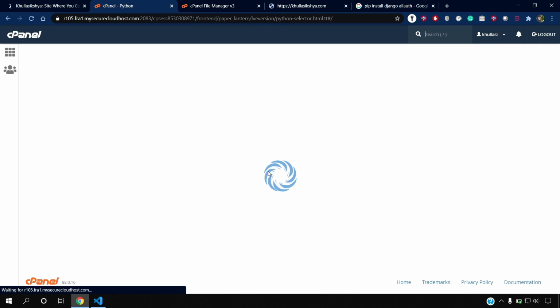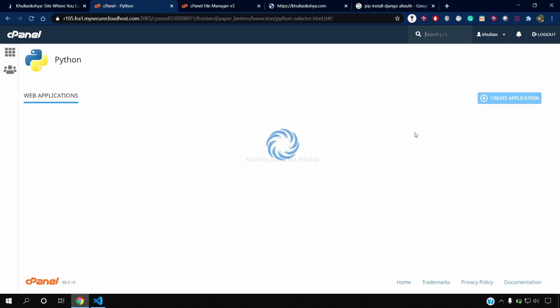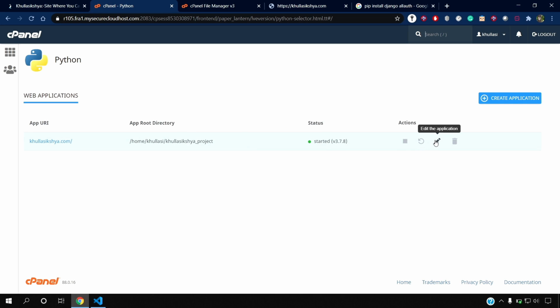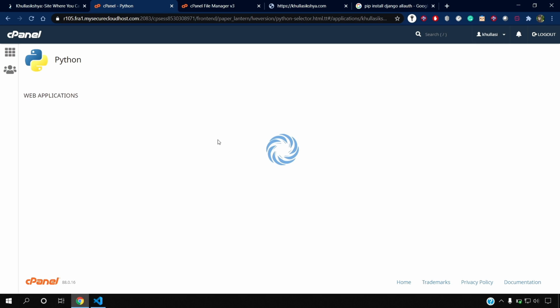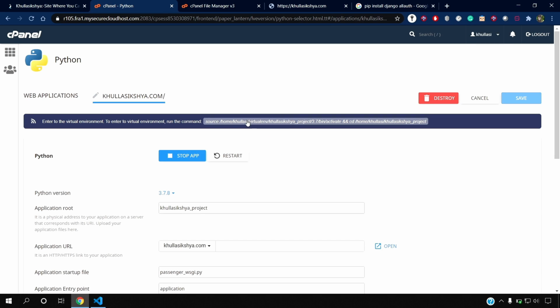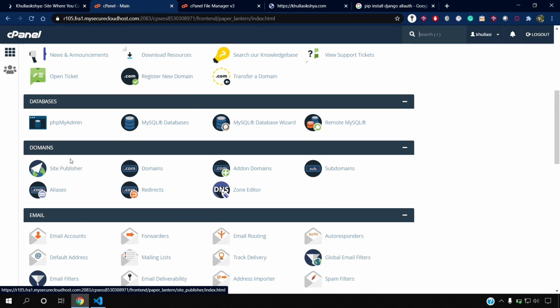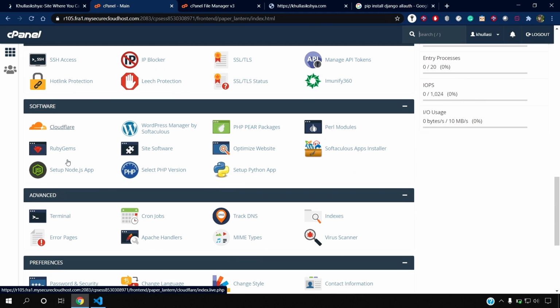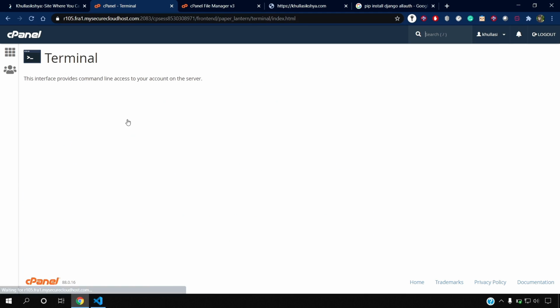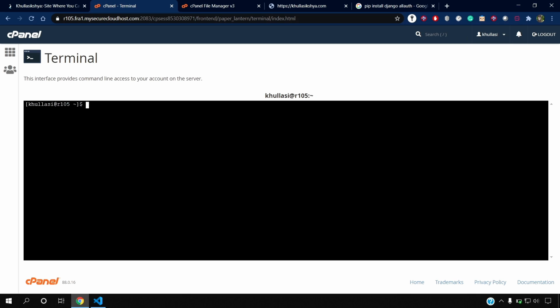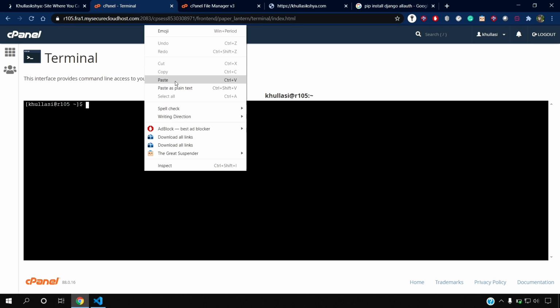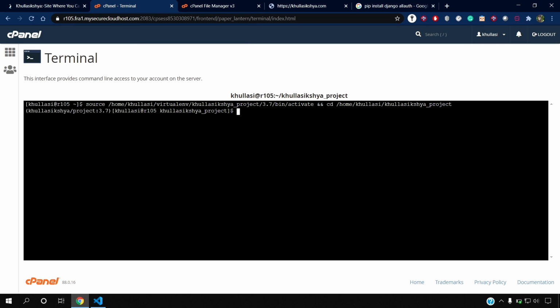You can move into this application, and here we have the application created for our project. You need to edit this, and you can get the directory link from here. So copy it, and now move to the terminal again. Let's paste it out here. Now let's run makemigrations and migrate.